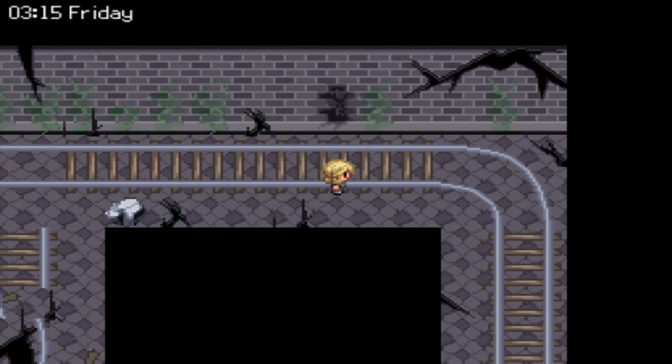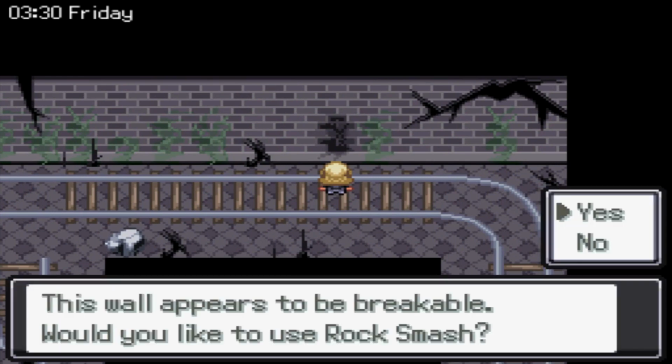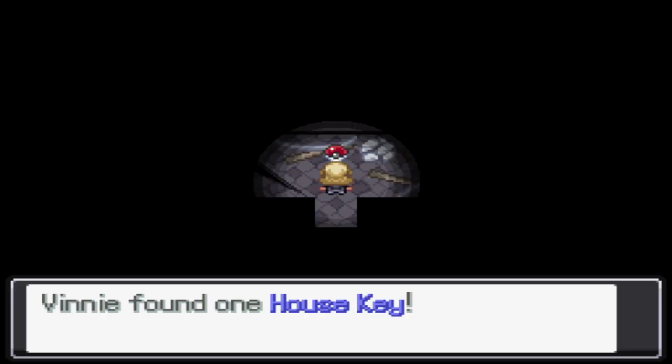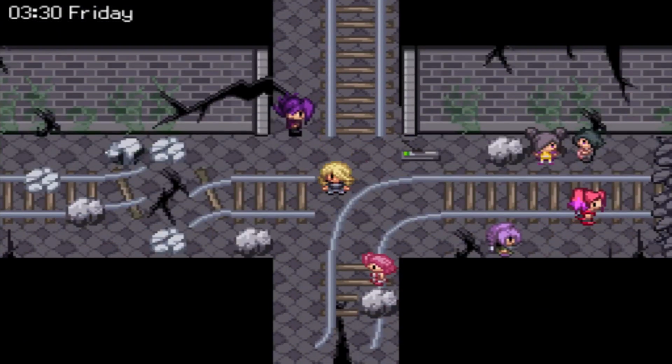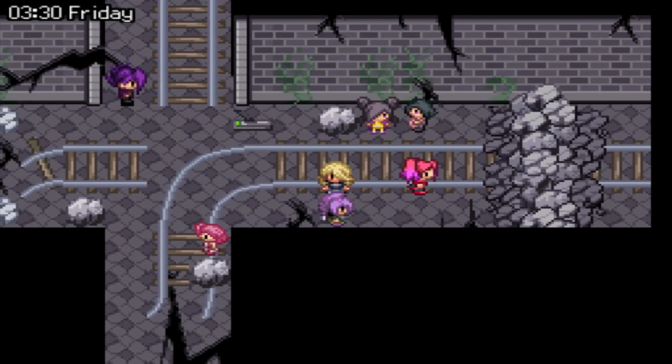So we should be heading over there, but first, if you notice these dark spots in the wall, you can actually use Rock Smash on them, and they'll open up and you can find various things inside. So if you just noticed, I found the house key. That's for the move learner. Who knows how the heck she lost it down there. Anyways, we want to come over here and...